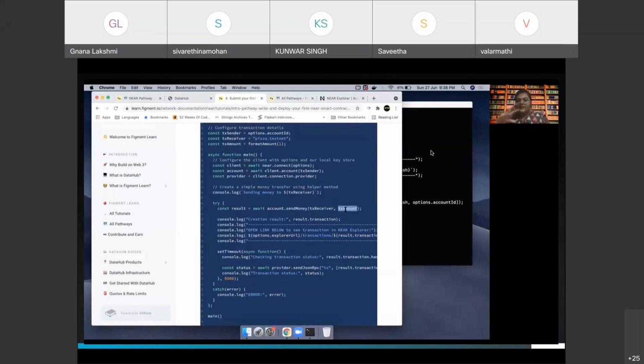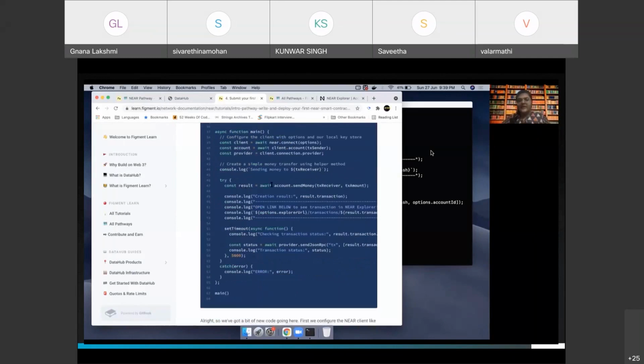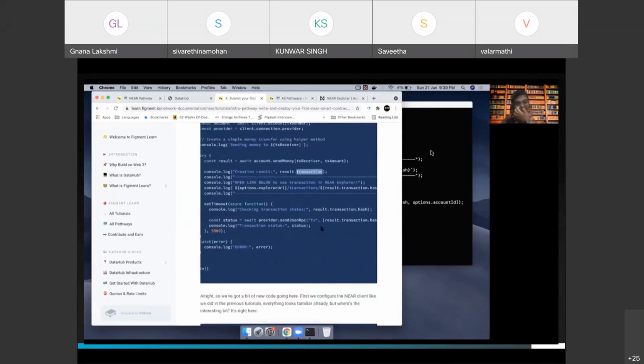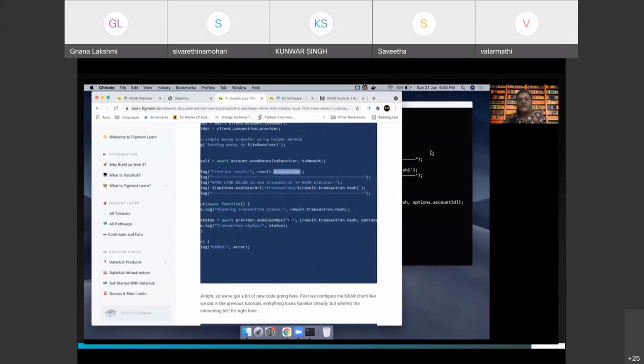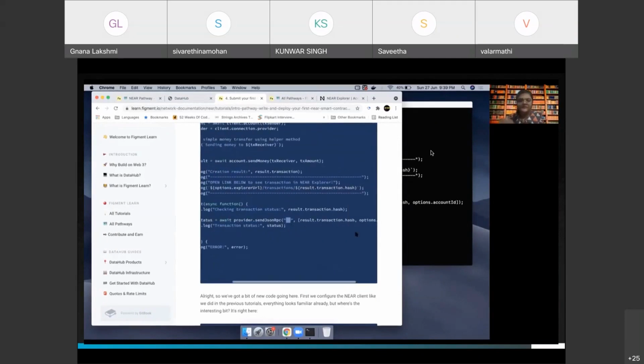So 1, you can think of it as just being, certain decimals are being added to it, so that the system understands that this is near token that is being transacted on the blockchain. And then once we get the result, we await for it, we can see the transaction, right? And there is a URL that we can see as well. Post this, there is an RPC call that is happening, which is getting the transaction. It gives us the transaction hash as well as the account ID. This is our account name.